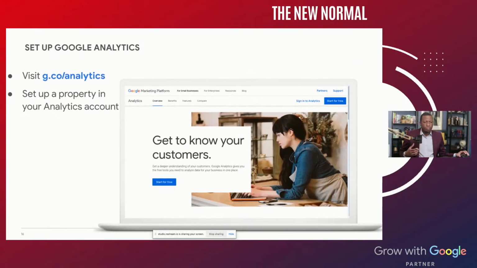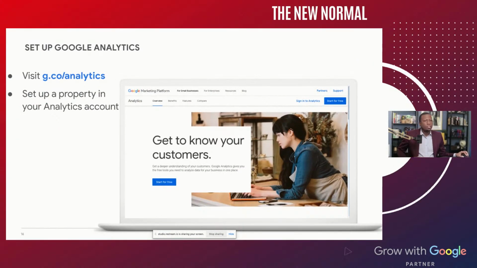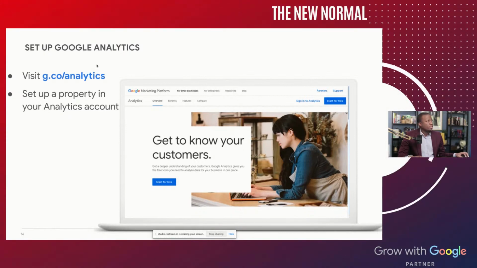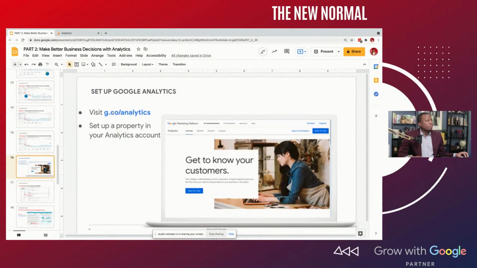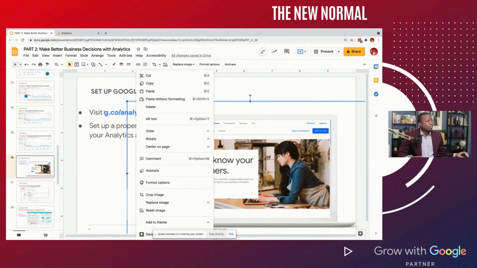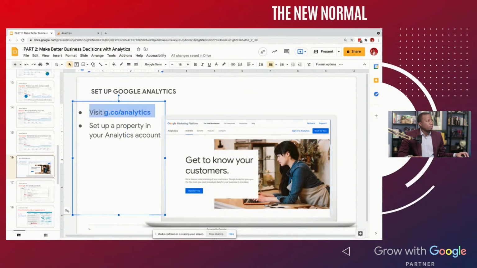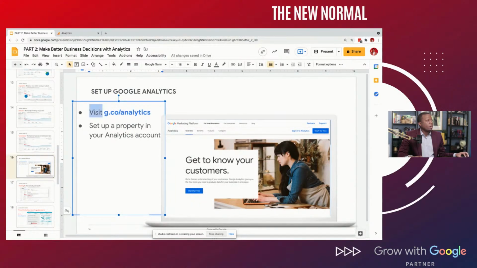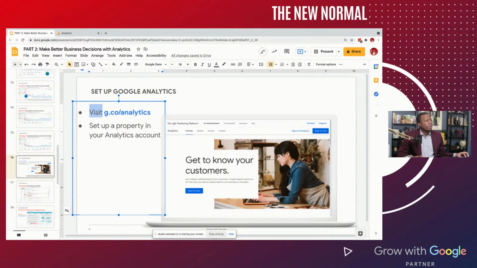So if you don't have a Google Analytics account, the first thing you do is you can visit this address right here, g.co/analytics, and that can take you to a sign up page. Let me drop that in the chat real quick. Visiting this website is the best way to get started, and it's very, very simple.